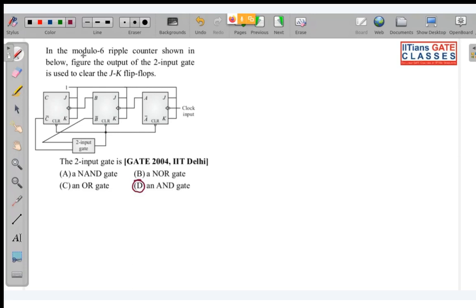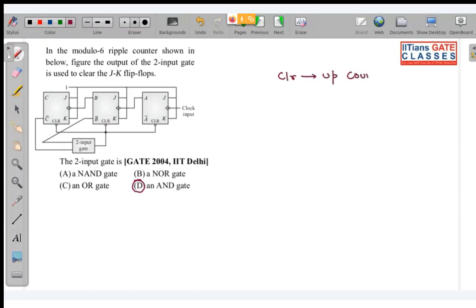It is given in the question: in the modulo 6 ripple counter shown in the figure, the output of the 2 input gate is used to clear the JK flip flop. If you look over here, you don't even need to determine whether this is an up counter or a down counter, because you can see there is a clear input present. So clear input means